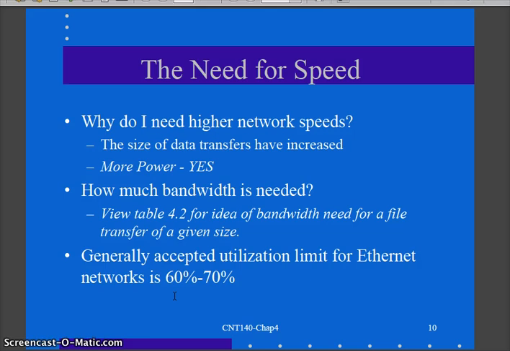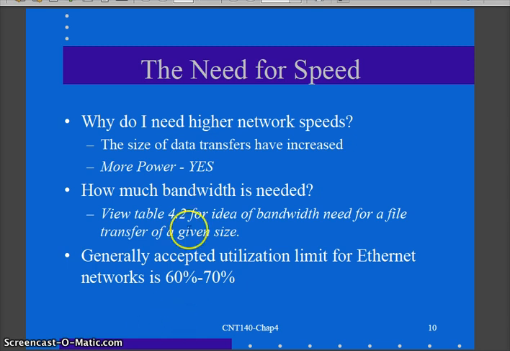Need for speed. Why do I need a higher network speed? Well, most of us already know this. As we increase the information we're sending, once upon a time we were not streaming video. Nowadays we are streaming video, so we need more bandwidth to be able to handle that. Think it through: I need a gigabit switch, so therefore I need cabling to handle gigabit. I need patch cables to handle gigabit. I need a bigger system to handle more data that I'm streaming through.